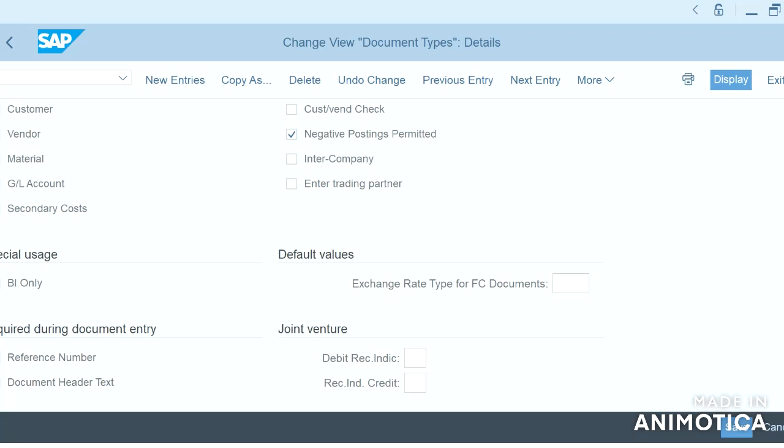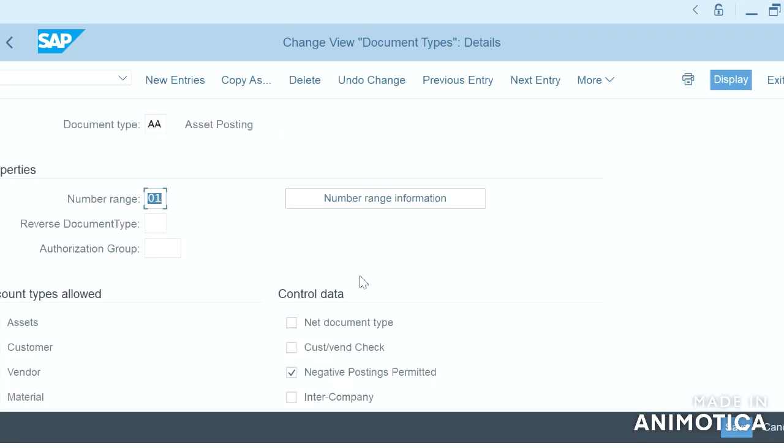And also the document type to be used for reversal posting. As I discussed before, we can determine the reversal document type. If we want, we can create our new document type as per the business requirement.